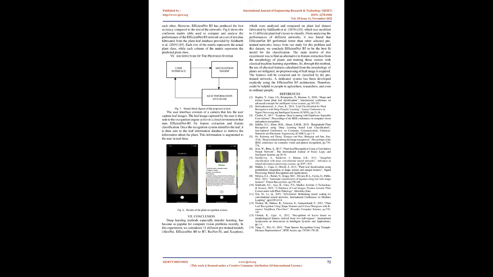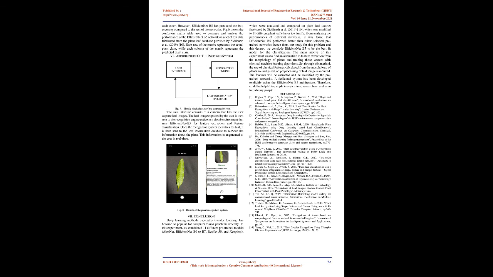7. Conclusion. Deep learning methods, especially transfer learning, have become very popular for computer vision problems recently. In this experiment, we considered 11 different pre-trained models: AlexNet, EfficientNet B0 to B7, ResNet 50, and Xception, which were analyzed and compared on the plant leaf dataset fabricated by Siddharth et al., 2019, [10], which was modified to 11 different plant leaf classes to classify. From analyzing the performances of different networks, it was found that EfficientNet B0 performed better than other selected pre-trained networks. Hence, from our study for this problem and this dataset, we conclude EfficientNet B0 to be the best fit model